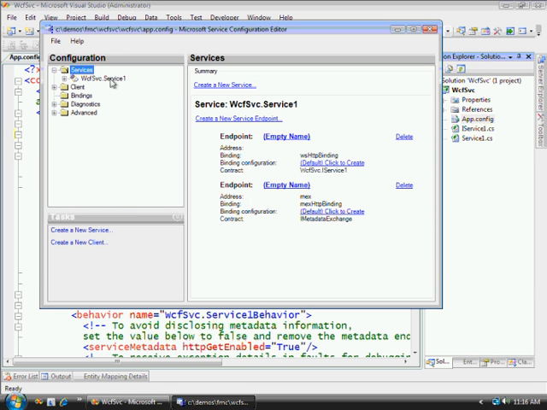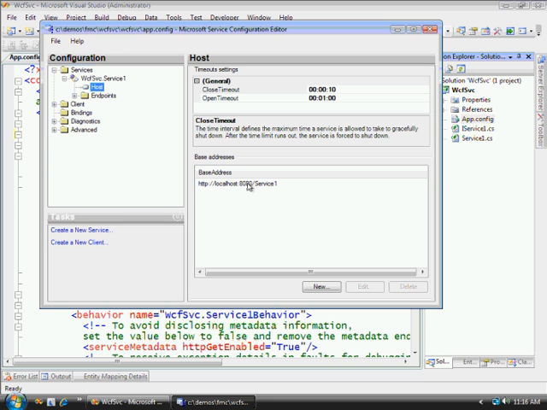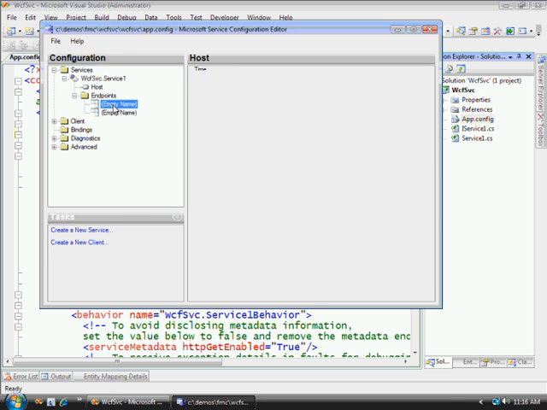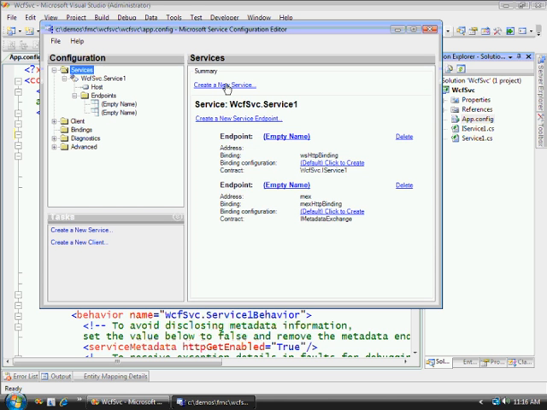If I take a look at the service itself and kind of drive through here, you'll see that here's my host. I don't have any hosts defined, but I do have a base address that it's going to try to host this off of. And then I've got my endpoints listed down here, and they just have an empty name. If I wanted to go out and create a new endpoint, I could create a new service, I could create